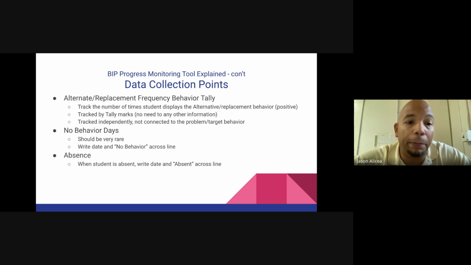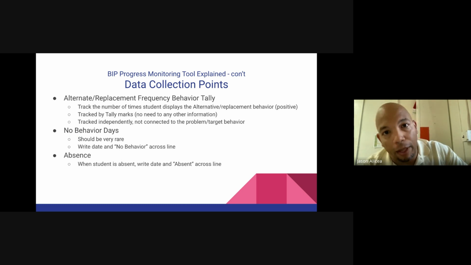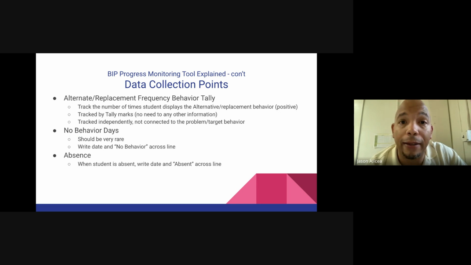So the next bullet point here is no behavior days. There are sometimes, especially for those students who are improving, a day where there isn't a behavior. Literally, the child does not engage in any of the 5 behaviors listed. We should note that. Today's September 30th, so put a line through and literally write no behaviors occurred today, so that we don't think that data wasn't taken. We can be aware that there was data being taken on this child and that they didn't do anything today.